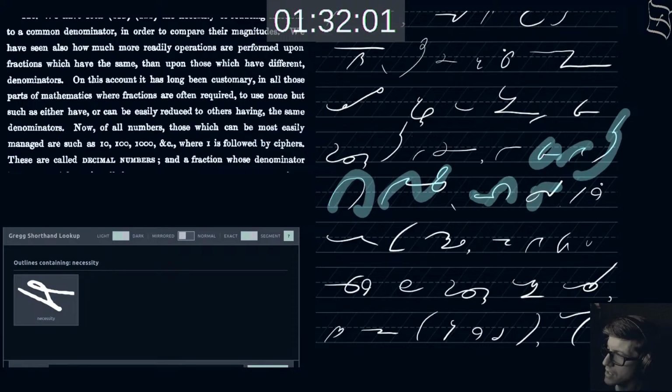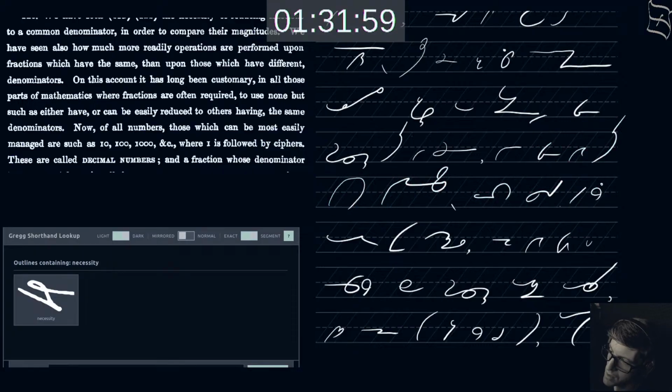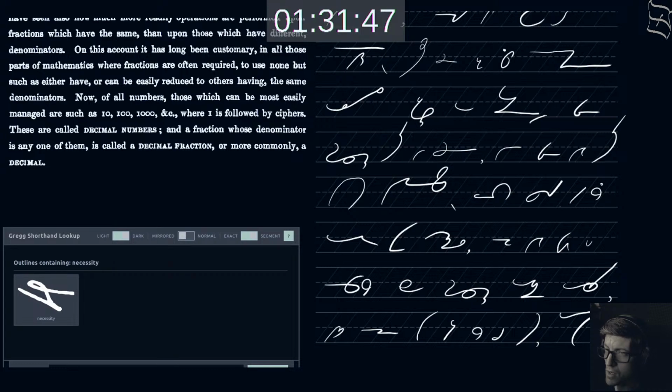Forgot the dot for the aspirate. There we go. On this account, it has long been considered? No. Customary. It has long been customary